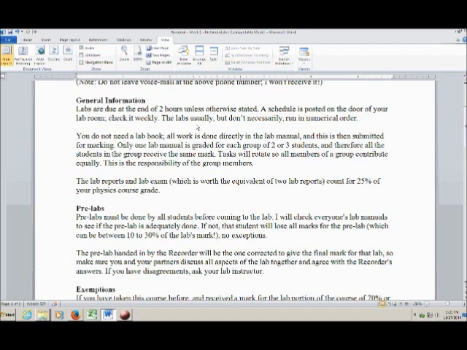Generally speaking, the labs run in numerical order. We just do labs 1 to 11, all in order. Sometimes the course instructor will ask us to swap two labs around, but usually it's numerical order. You don't need a separate lab book for this course. Everything you're going to do is going to be done directly in your lab manual, and then that's what gets